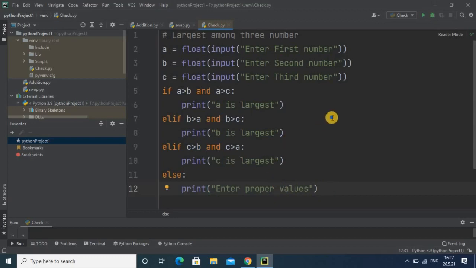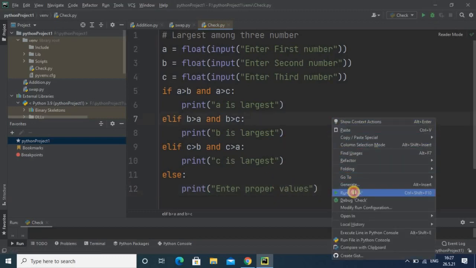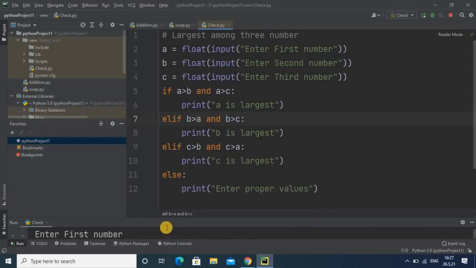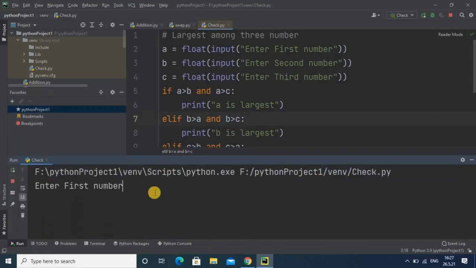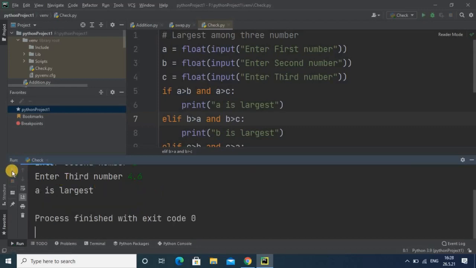And now we will run this code. So you can observe: enter first number 11, then next number is 2, and for the third number I am putting a decimal point. So here A will be largest.